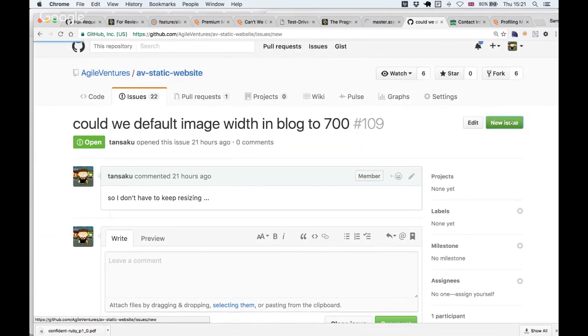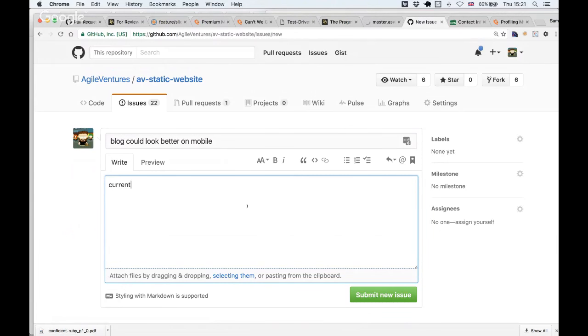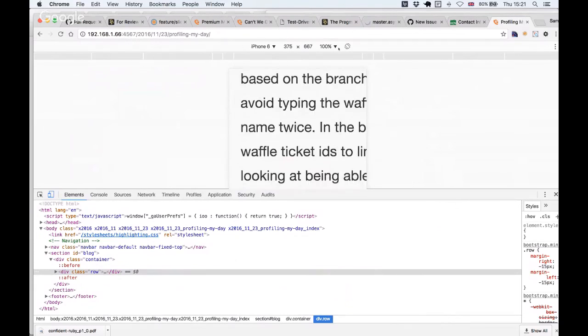So, new issue: blog could look better on mobile. Currently, it doesn't look very good. Sad face, with a P in it. Yeah, I mean, I guess there's a kind of